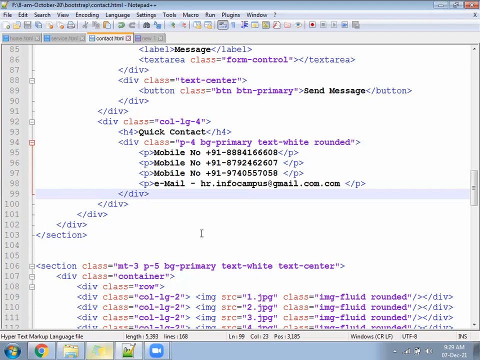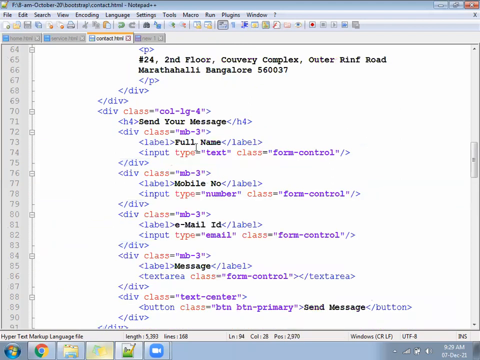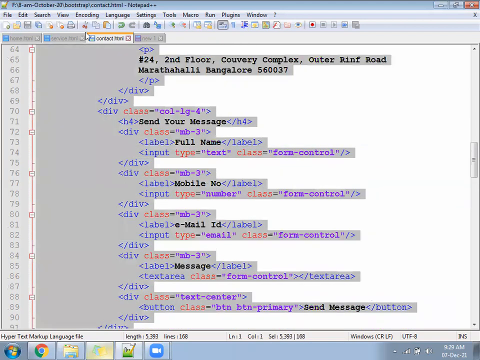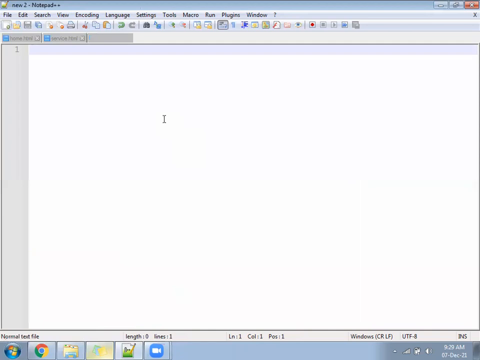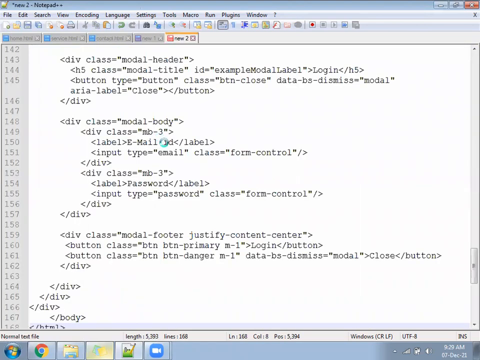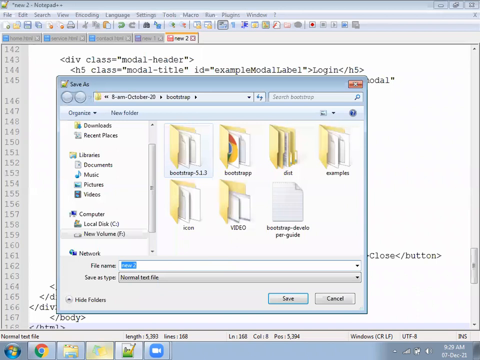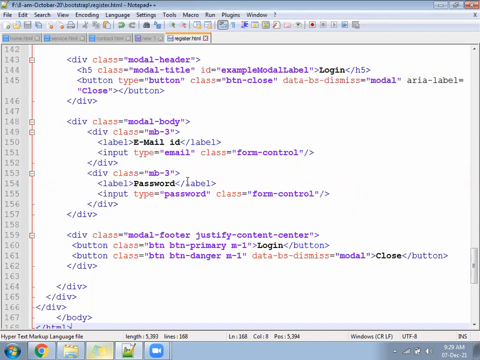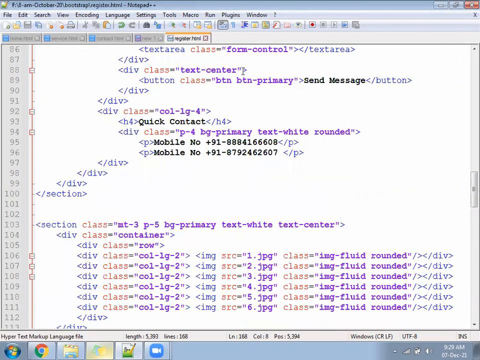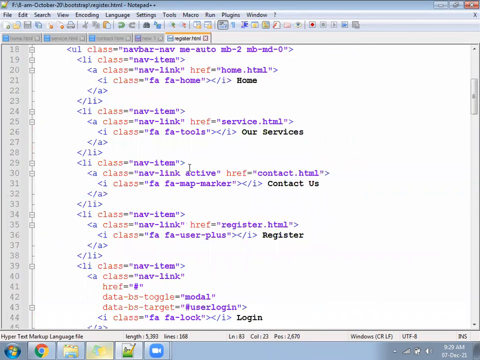So let me create a file register.html. In that, the register link will be hyperlinked. The register link will be active.